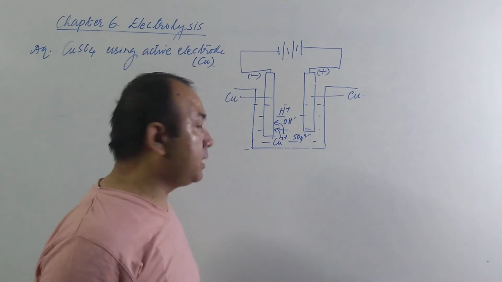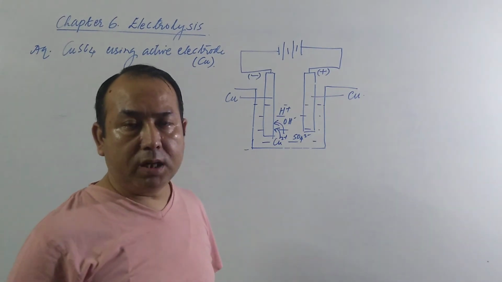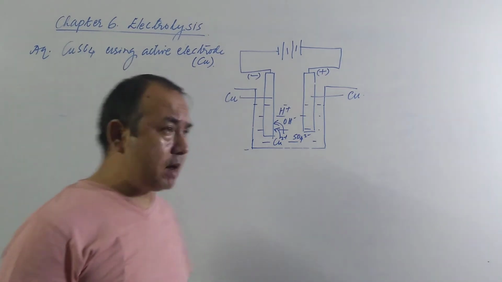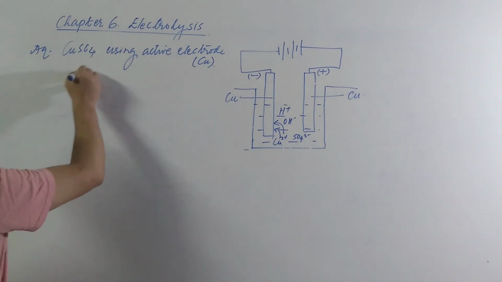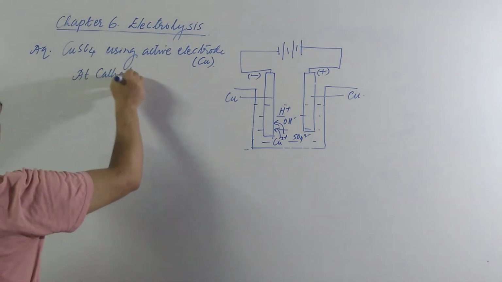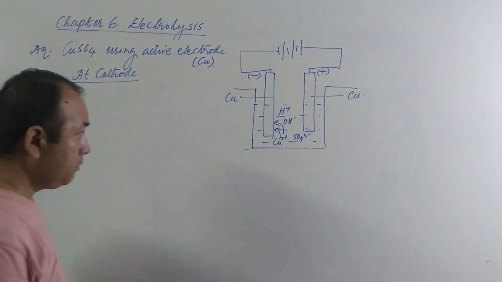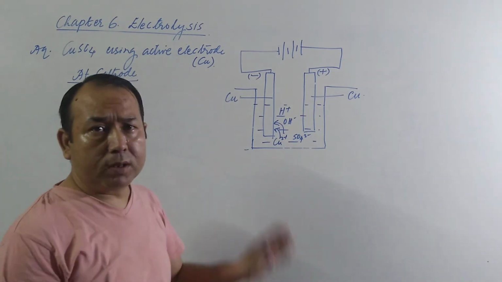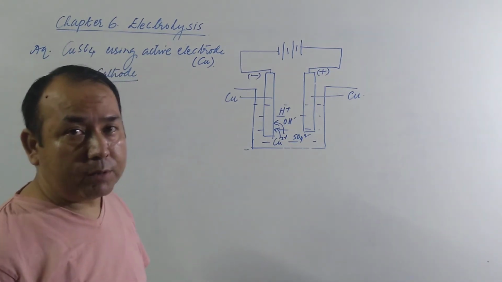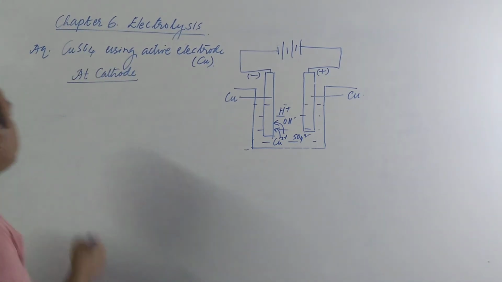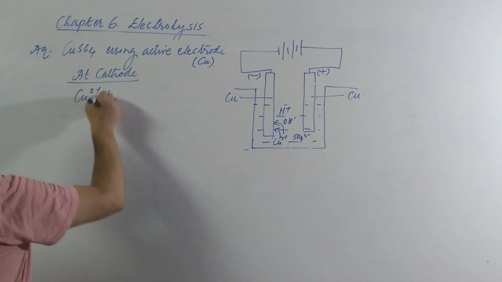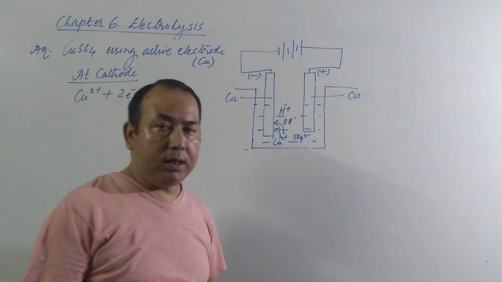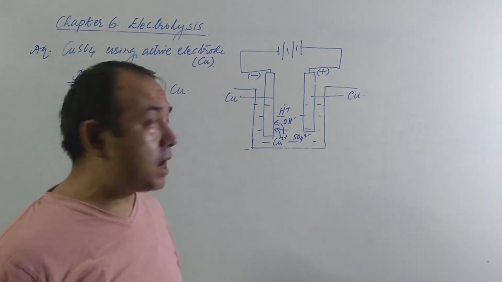Copper strip, copper metal, you can write. Then after that comes electrolytic dissociation. In the same way it will dissociate, so 4 different types of ions will be present. Then after that comes the cathode. At the cathode, what will happen? There will be competition between hydrogen ion and copper ion; both will move towards the cathode, but copper ion will get discharged because it occupies a lower position in the electrochemical series. So copper ion will receive 2 electrons and thereby a copper atom is formed, which gets deposited over the cathode. Due to this, the cathode becomes pink or reddish brown in color.